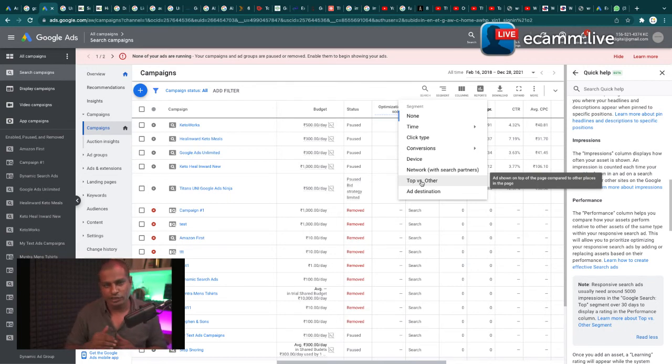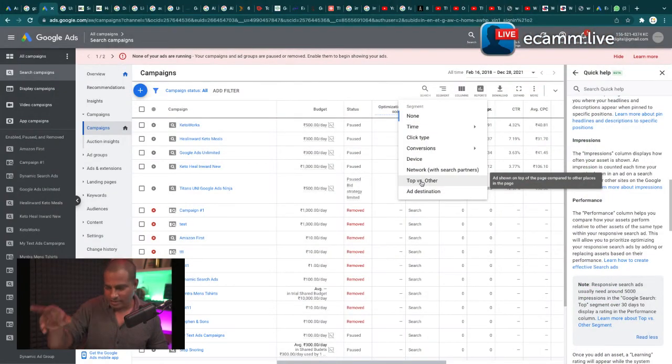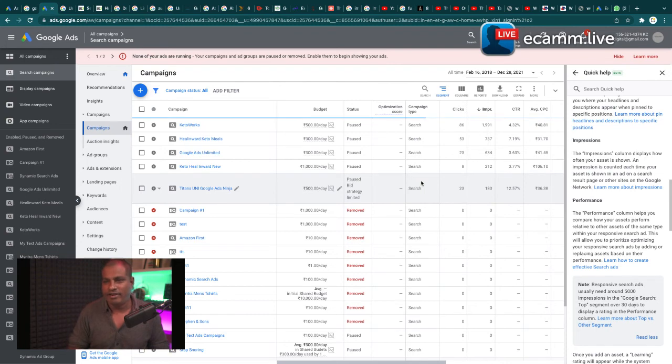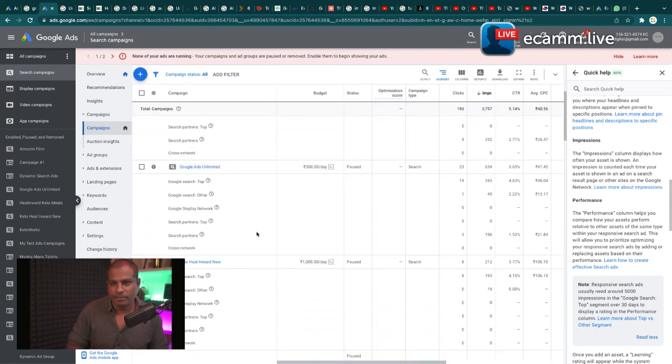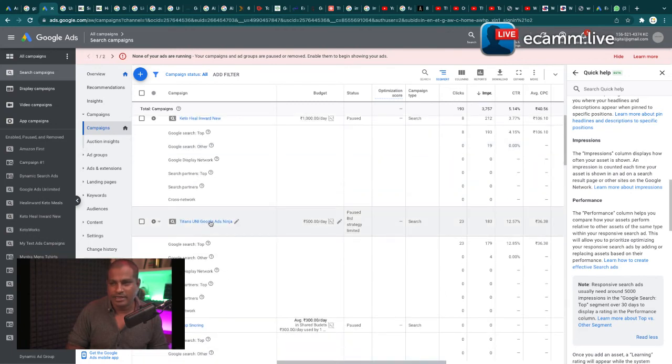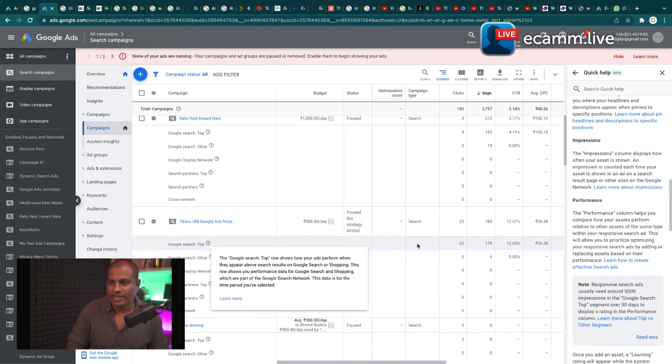Now we all know ads can show on top of the page, they can show at the bottom of the page, they can show in the next page, etc. But if you want to understand when will assets be applicable for you, assets will only be applicable for you if you have 5,000 impressions in the last 30 days appearing in the top segment. So let's segment the data based upon this segmenting rule. I divided this into, do you see this? Now the topic or the campaign in question is this. Now this campaign should have had at least 5,000 impressions in the last 30 days.